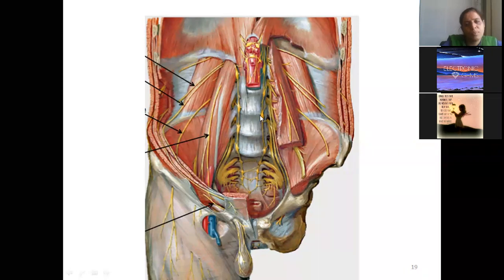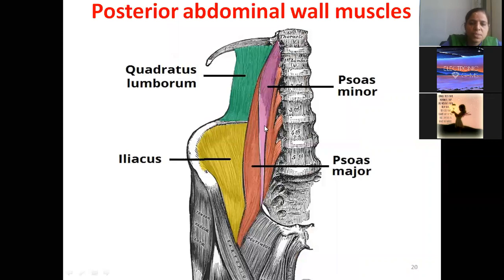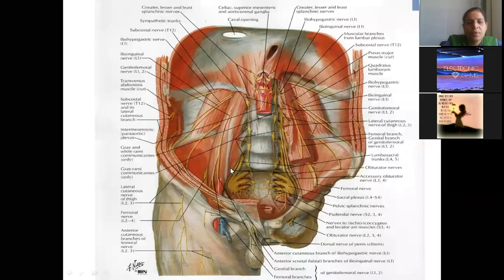Aortic opening. So these are the muscles shown again: psoas major. Sometimes we may have an accessory muscle, psoas minor. This is quadratus lumborum, and in the iliac fossa, iliacus. You can see the thickest nerve, how it is formed. In fact, you can see the distribution of these nerves now. See, T12, I told you, subcostal.